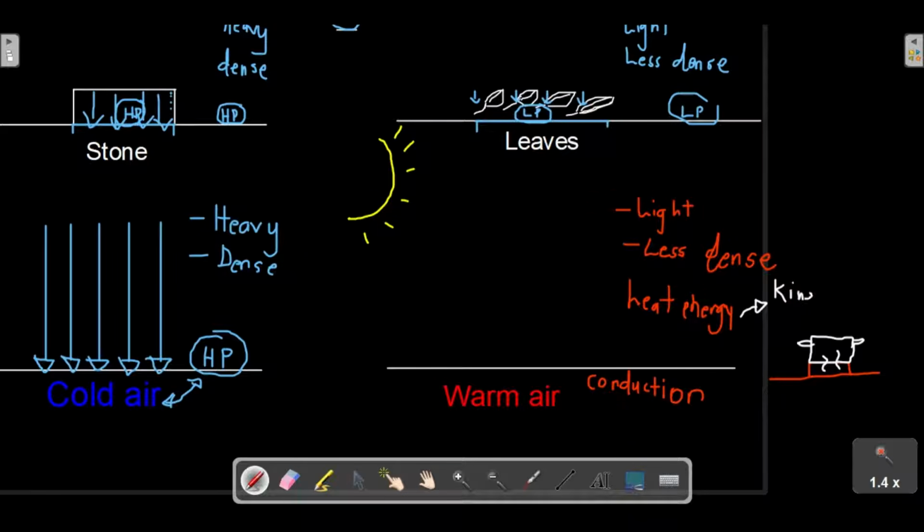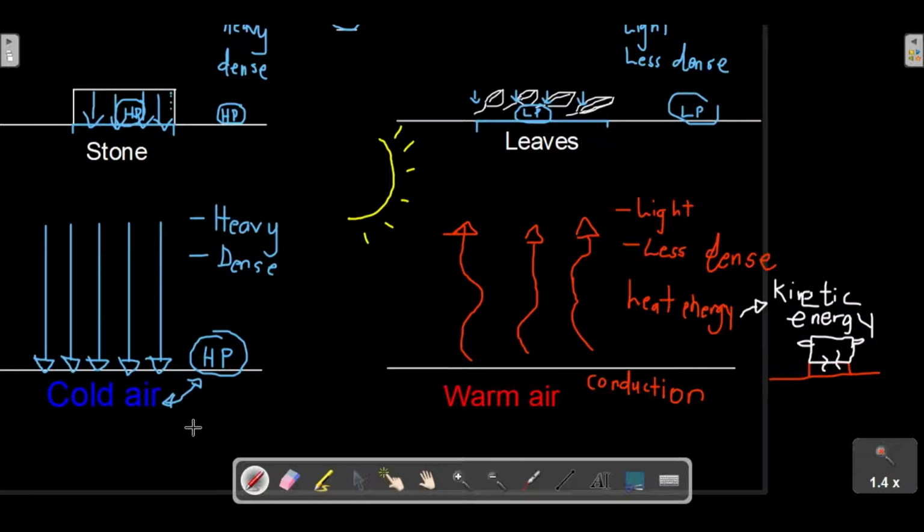And so now that air has heat energy transferred to it, it's going to change that heat energy into kinetic energy. Now kinetic energy is movement energy. It allows you to have energy to move. So now the warm air has energy to move. So what does it do? It rises up. There's nowhere else it can go, it cannot go through the ground. So it rises up. Warm air tends to rise up, guys, because of this kinetic energy, of course.